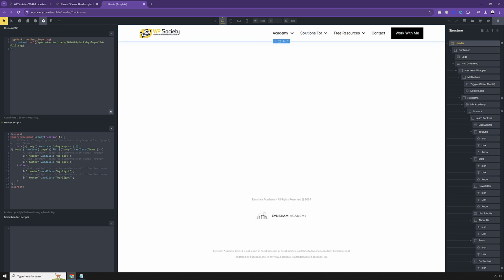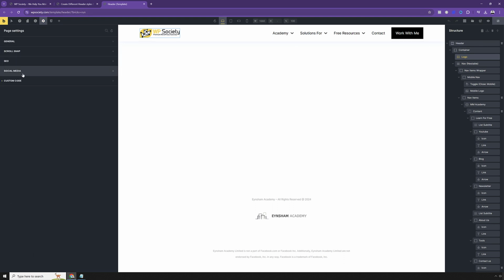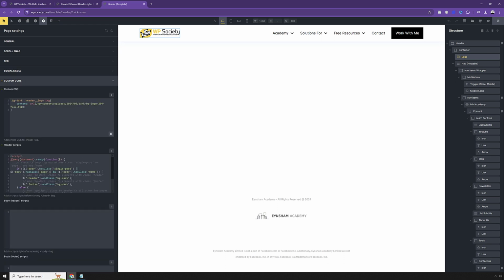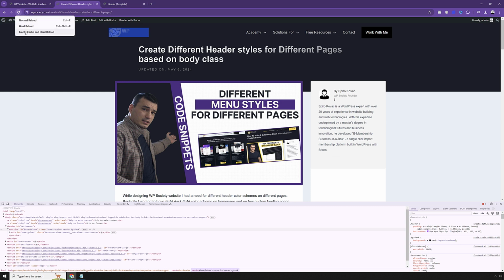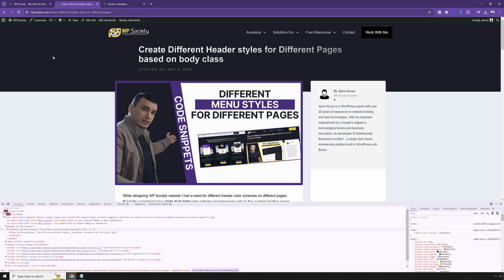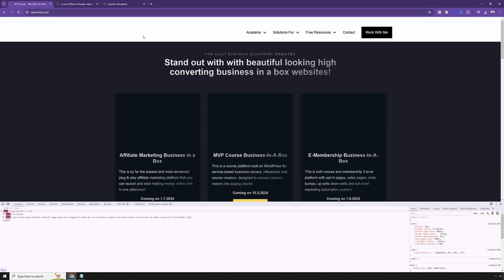which basically targets this header logo class, which is the class that I've attached to the logo. If you click on the logo, you'll see .header logo. That is the class attached to the logo. And by targeting that class, we can call a different file. And then we're just calling a dark background logo version. That's it. And if we save now, head over here, refresh, we've got it fully working, right? And if we go back over here and refresh,